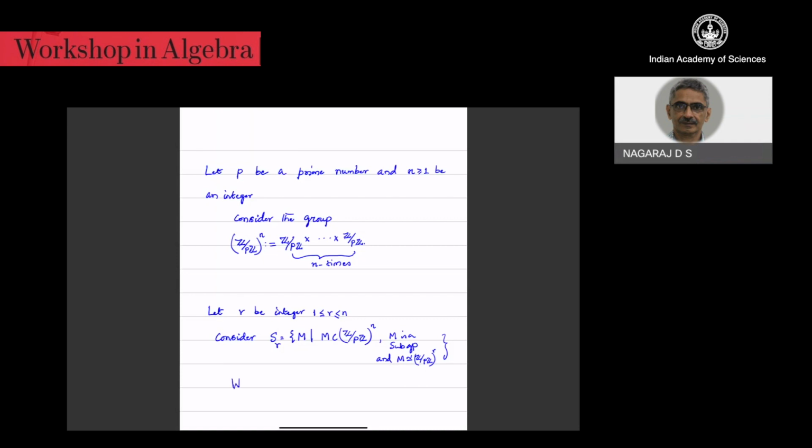So we find the cardinality of S_R. That means how many subgroups of order P power R are there in the group Z mod P Z to the power n, where R is less than or equal to n. Okay. So for example,